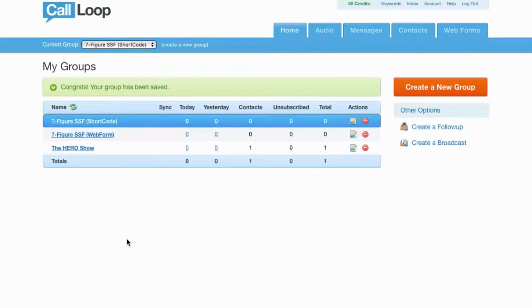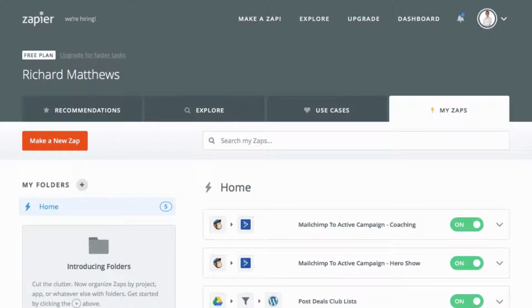Now, MailChimp will talk directly to ActiveCampaign via Zapier. ActiveCampaign is really, really great with their integrations with Zapier, and then you can have it set things up for you. So anytime something happens with one of your other applications, you can have it talk to Zapier and then drop things into ActiveCampaign. So I'll go into my Zapier account over here, and you make a new Zap, and you'll want to set up